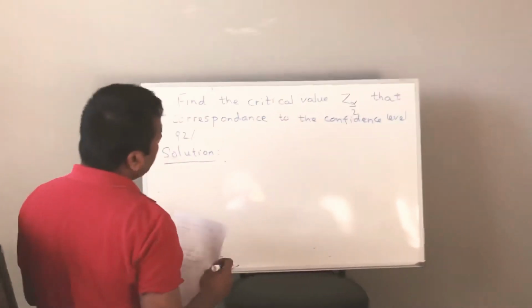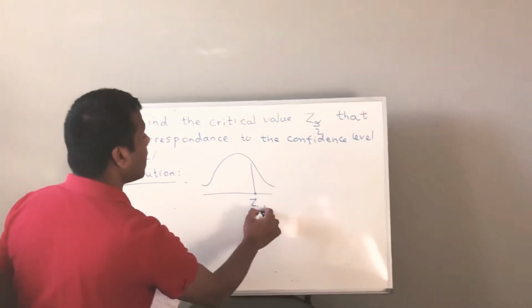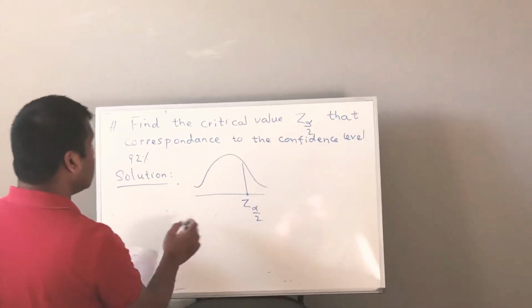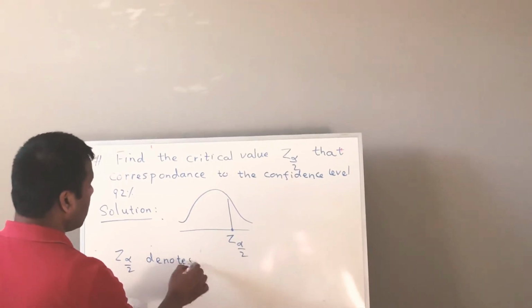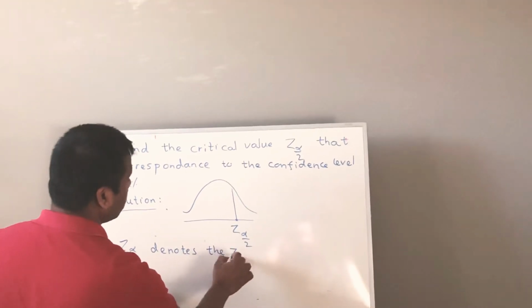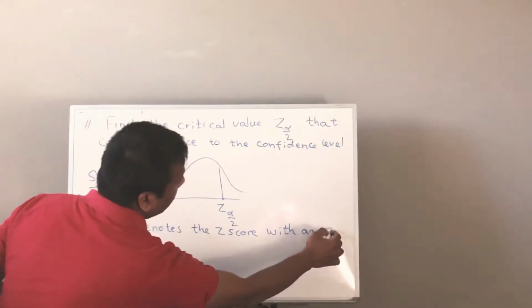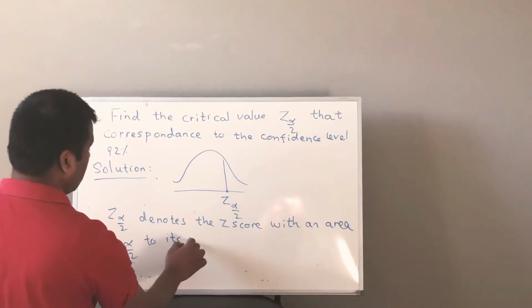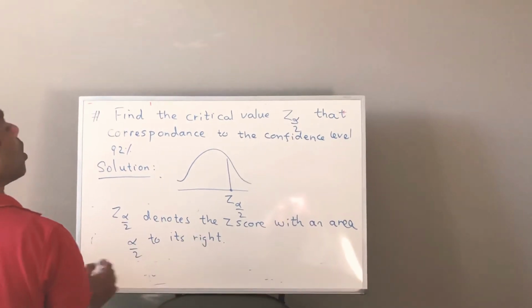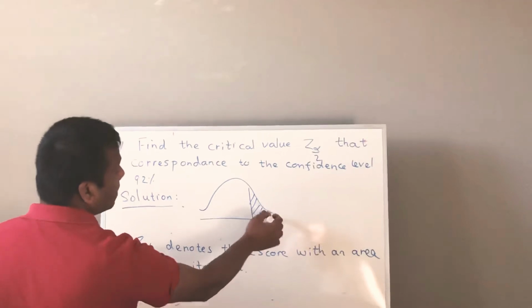So now you have to know the meaning of z alpha over 2. If you have a standard normal curve and z alpha over 2 is right here, which is a z score, right? This z alpha over 2 denotes the z score with an area alpha over 2 to its right. So that means z alpha over 2 is the z score, and the area to the right of this z value, the area of the shaded region,